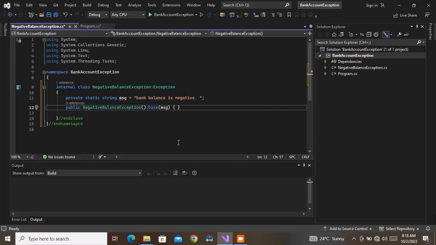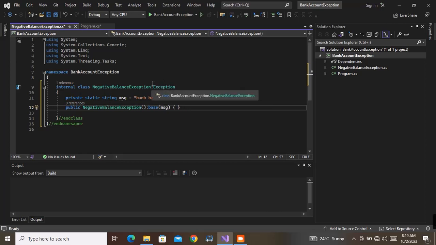And the question that we need to ask ourselves is that when I have just declared a class, I have created a class, and it has a private static string, there it is, and it inherits from exception. Now, when I say I create a constructor, there's no problem with this. We understand that our constructor will accept no argument. That is fine. But I'm saying base, and I am sending this message. So what am I doing here? I am overriding. Please understand it in this way. It might not be the correct way of understanding this, but nevertheless, please do understand this, that the base message, we are overriding